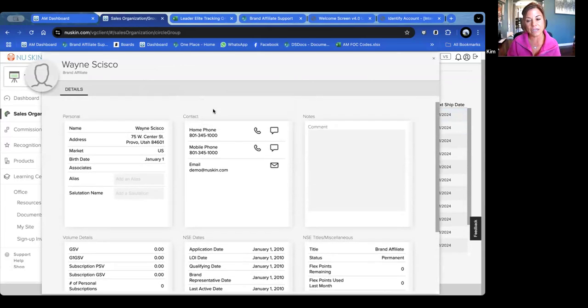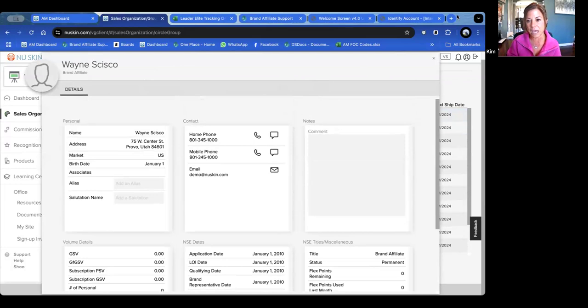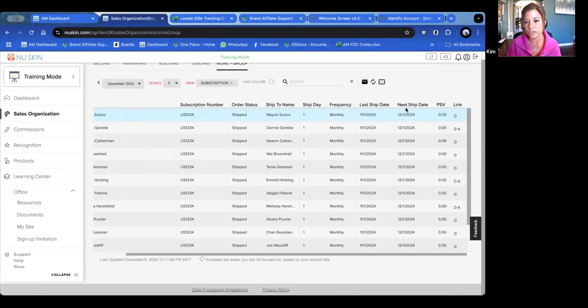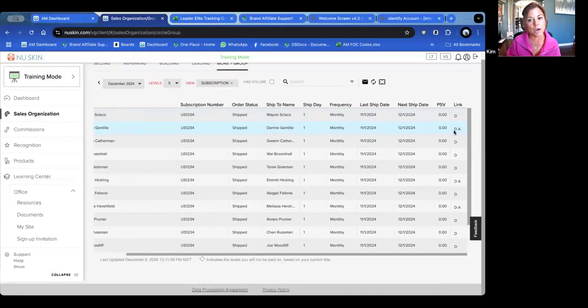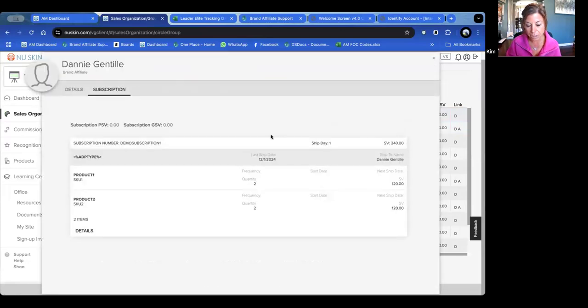Also, what I love is if you're all the way at the end, after the next ship date, if you scroll over to the links, if they are a level 1, you'll be able to not only see the details, but also see what's in their order. So if they're a level 2 through whatever, you're not going to be able to see the details. That's just for privacy information, but you'll at least be able to see the volume on the main page. But if they're a level 1, you'll actually be able to drill in and see what products they have on